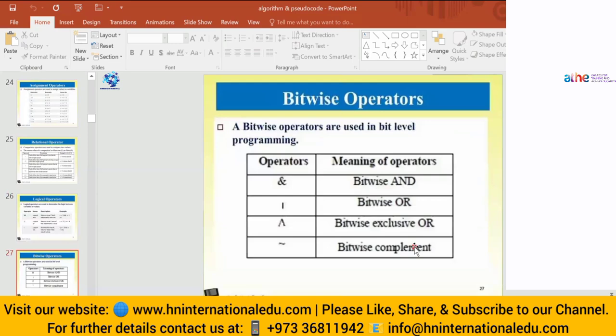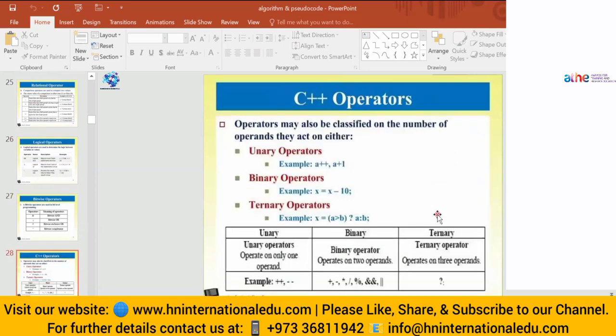Bitwise operators are used in bit level programming: bitwise and, bitwise or, bitwise exclusive or, and bitwise complement. Operators may also be classified on the number of operands they act on. Unary operators: you saw in the previous class the increment and decrement operators, like a++, which is a = a + 1.